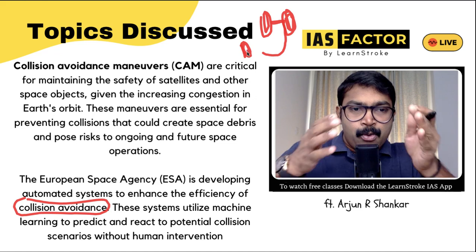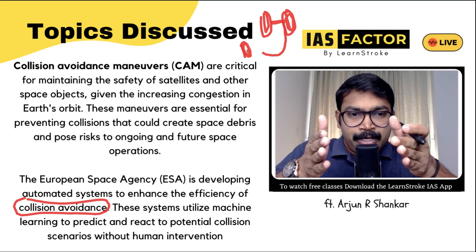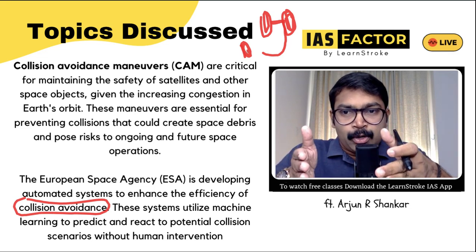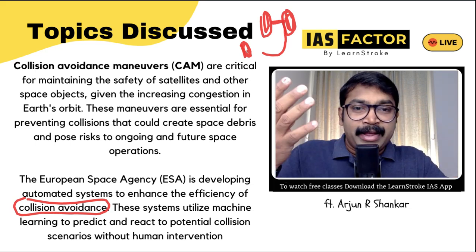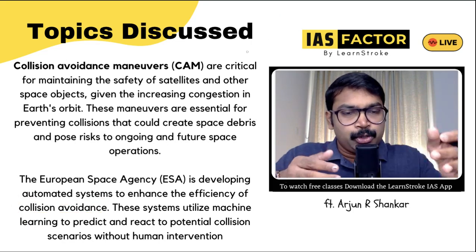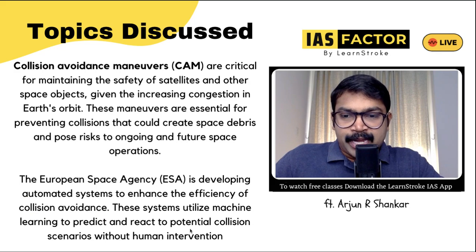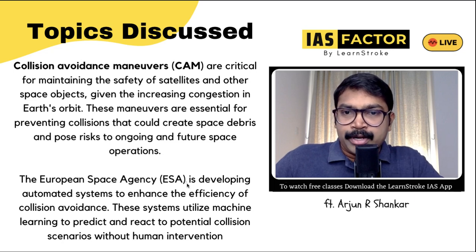So you have to maneuver it. Rather than going straight, because if you go straight it will collide, you actually change the course. That is collision avoidance: you avoid the collision and you move it. That is dependent upon various things, like measuring the velocity. Everything is dependent. You change the course, do not hit. So definitely the collision avoidance maneuver is also a part of this.